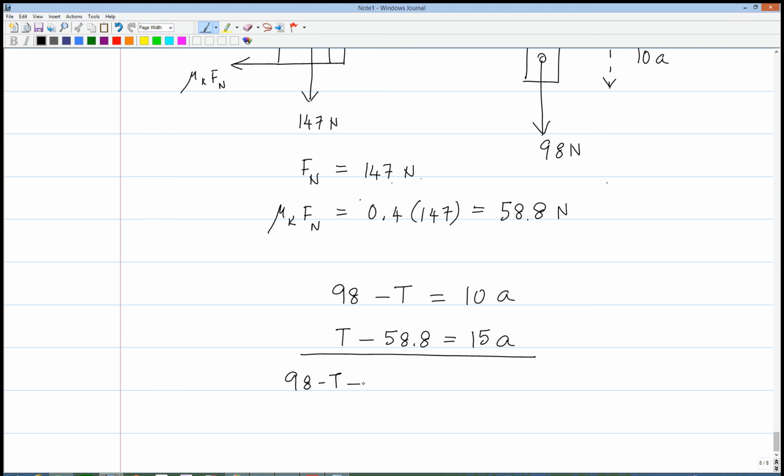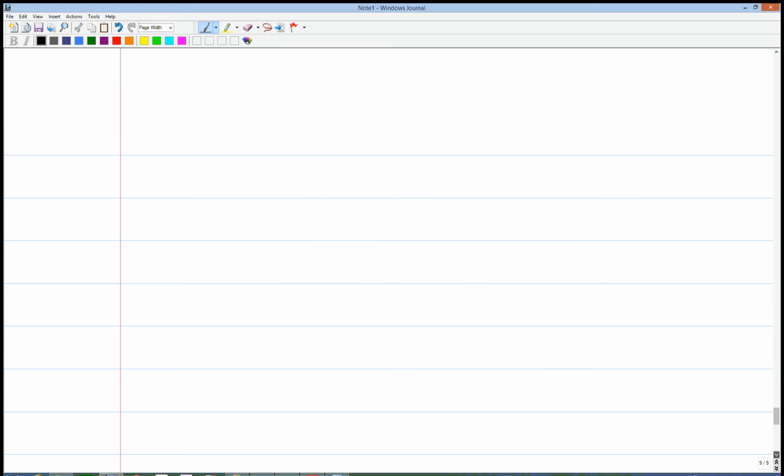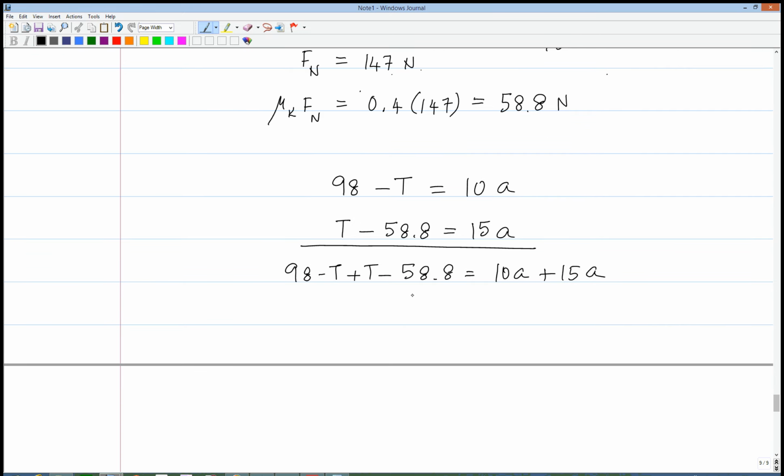We get 98 minus T plus T minus 58.8 is equal to 10A plus 15A, and this ends up giving me 98 minus 58.8, which happens to be 39.2, equals 25A. Therefore A is 39.2 divided by 25, which ends up giving me 1.568